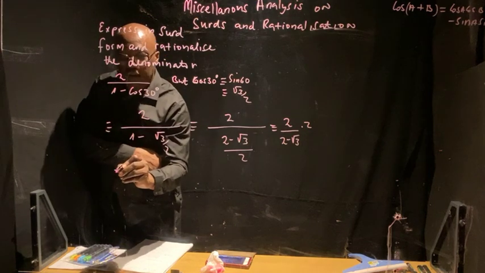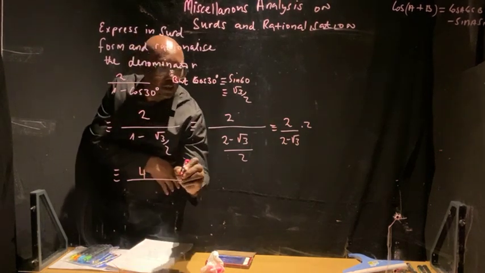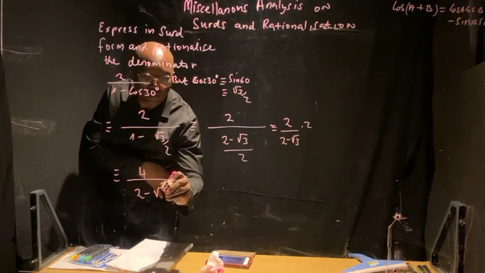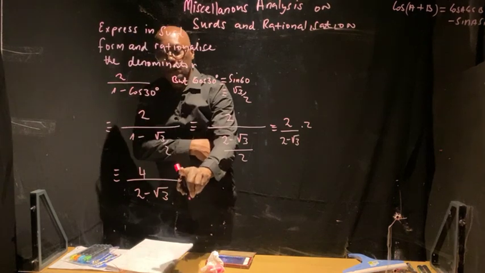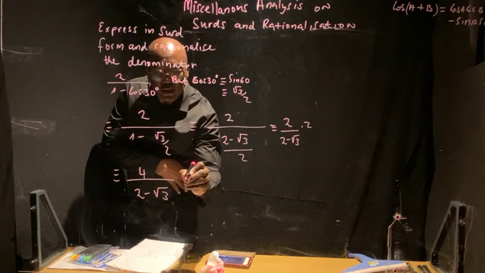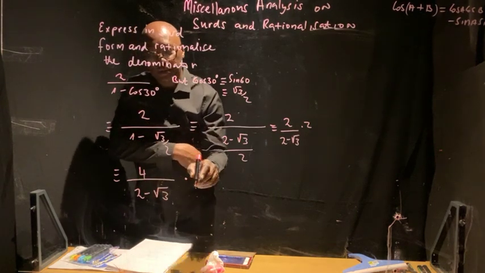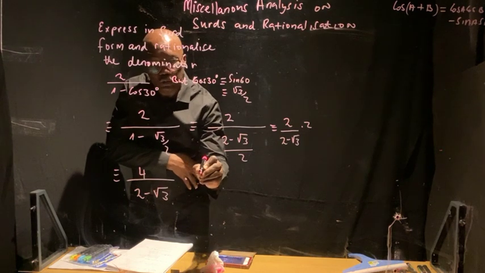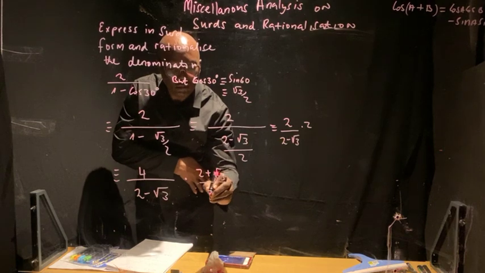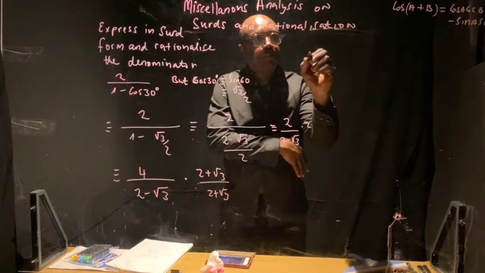Then it becomes 2 times 2 is equals to 4 over 2 minus root 3. Then with this expression, you rationalize the denominator. If you rationalize the denominator, as you see negative here, it will become positive. So it becomes 2 plus root 3 over 2 plus root 3,